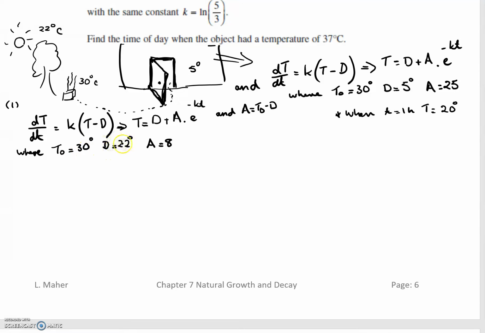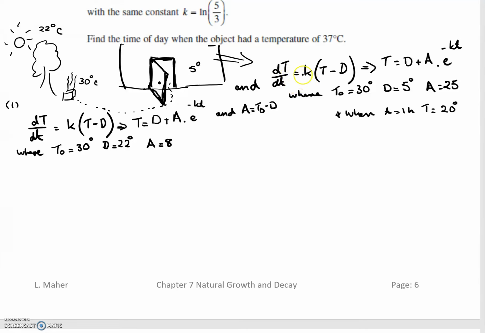The outside air is 22 degrees. That gives us an A equal to 8. Not pursuing this situation any further, because I know that the question asks more about what's going on inside the room. So we've got a second situation where the object is still cooling according to Newton's law of cooling,